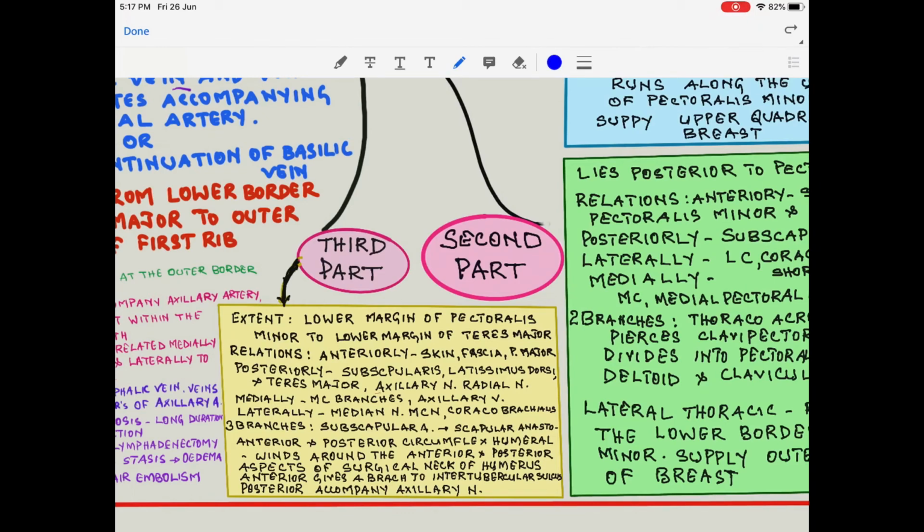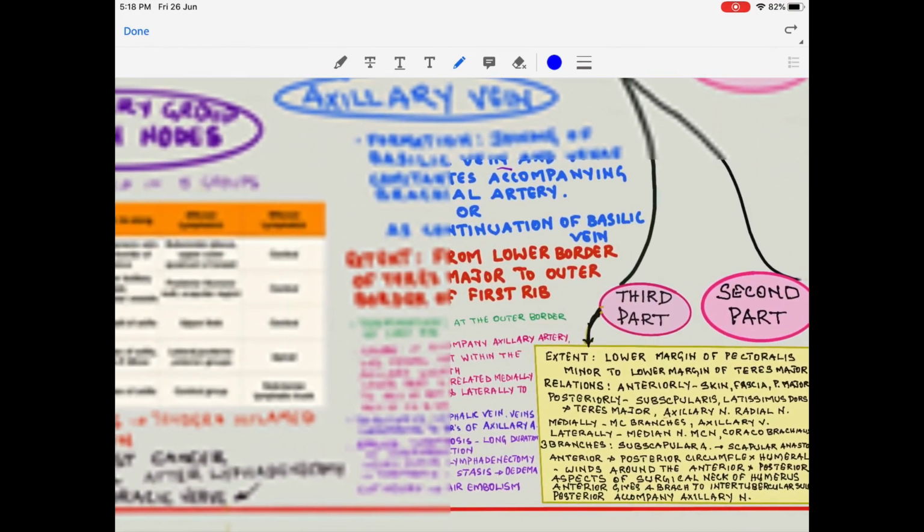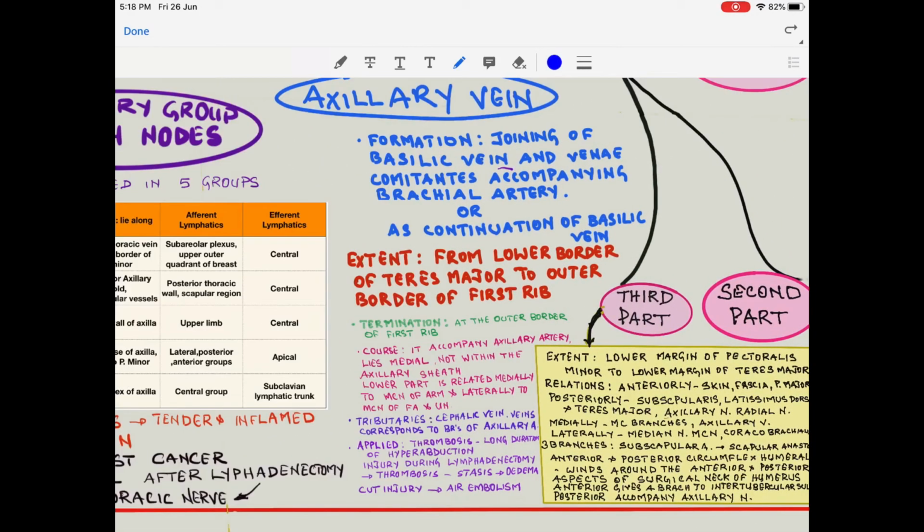Applied anatomy: axillary artery aneurysm can occur, and axillary artery pulsations can be felt. Now the axillary vein. Axillary vein, throughout its course, is related